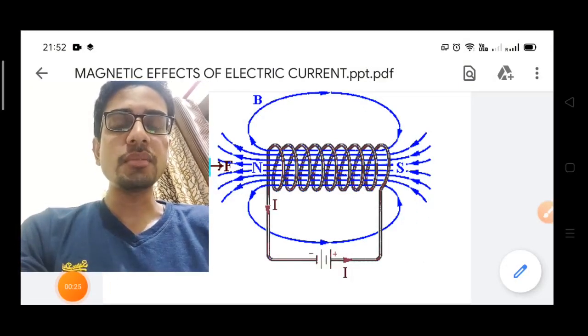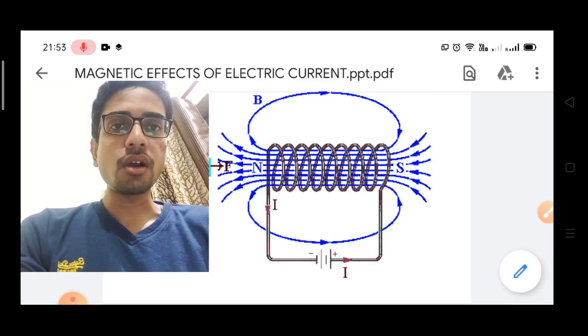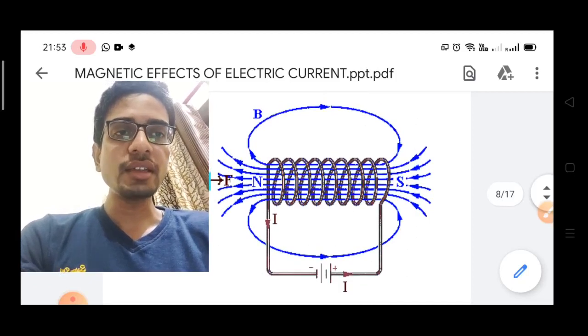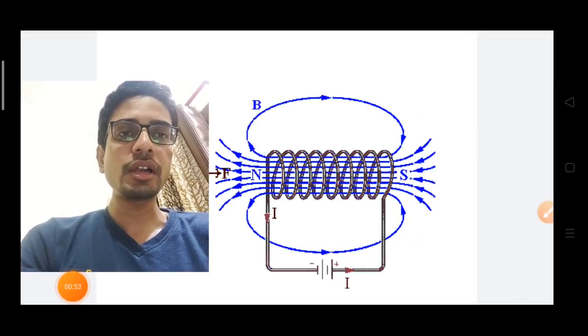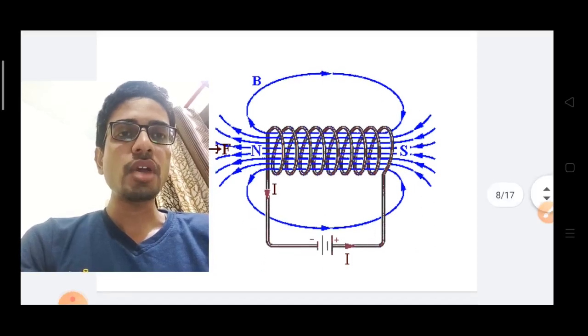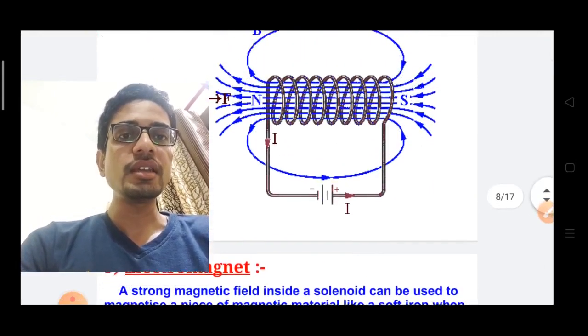So you have studied the magnetic field lines, which represent the magnetic field, and their properties. We have studied the magnetic field lines of different kinds of conductors, like a straight current carrying conductor, a circular loop and a solenoid. The figure you are seeing right now is a solenoid. If you have not attended the last class, first you must attend the previous class. So you have studied the solenoid. The next topic we are going to study is the electromagnet.